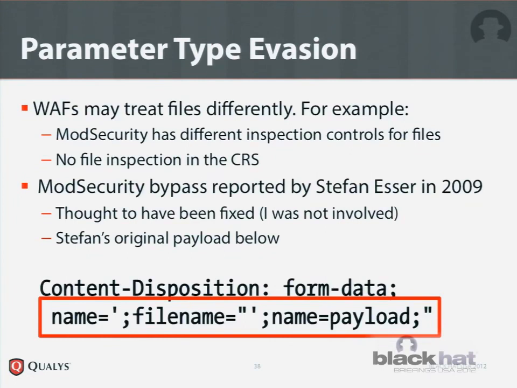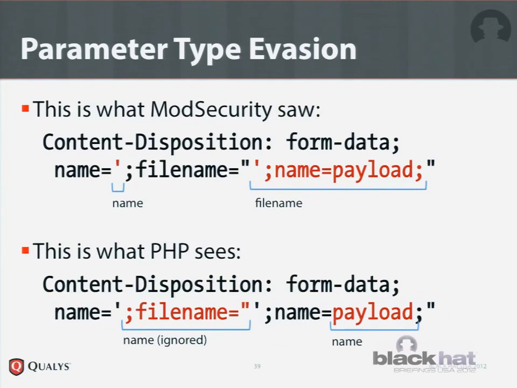And what I actually discovered is, so here's the original problem. What was thought at the time is that PHP does something very unusual in the way that it parses multi-part form data. It will allow single quotes for quoting. And because PHP knows this, and WAFs typically will not, you can craft a single string of data to mean one thing for the WAF and of course the other thing for PHP. And this is why the payload works.